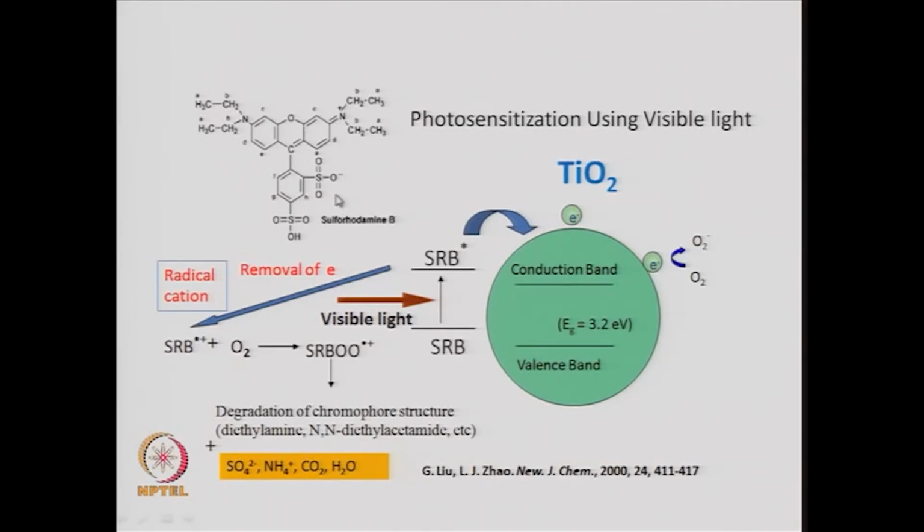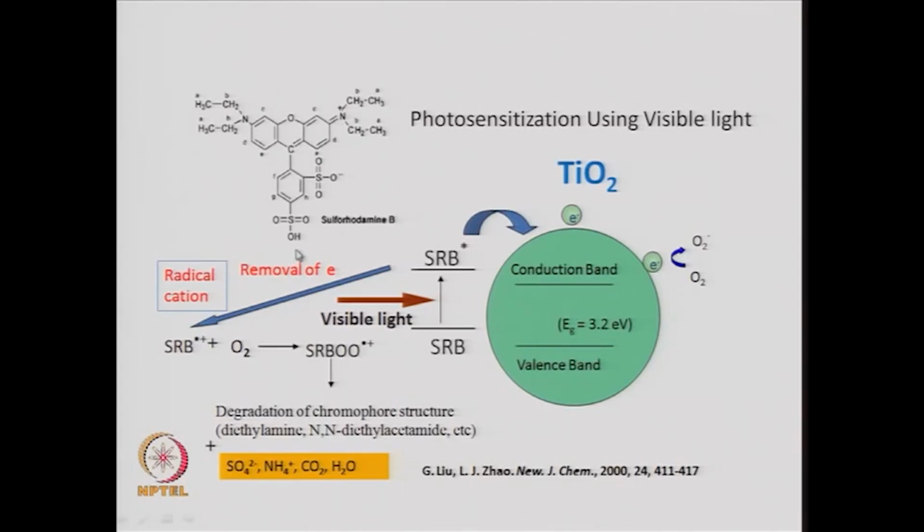A chromophore is something which can give out light. Because it fluoresces, sulforhodamine B has a property of fluorescing, and so it is called a chromophore and